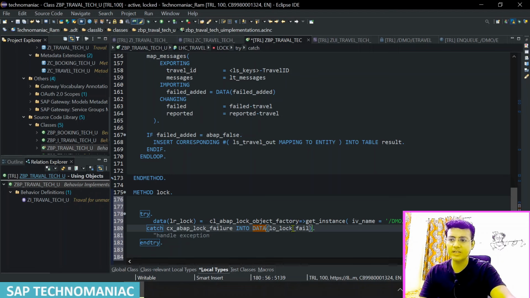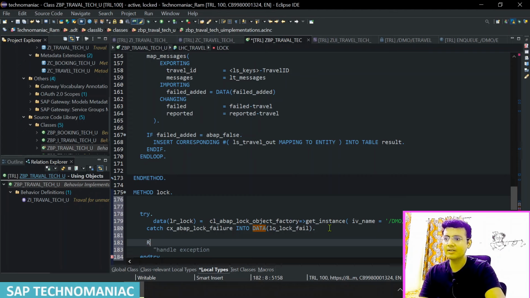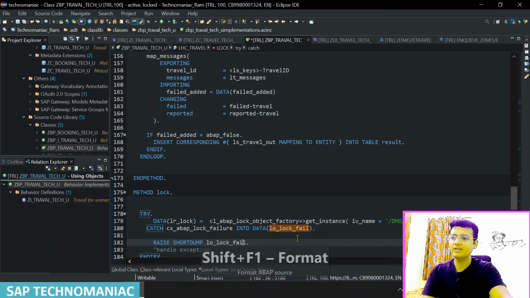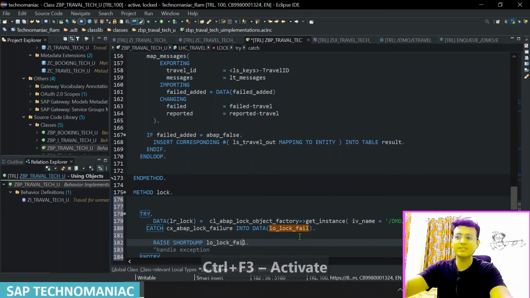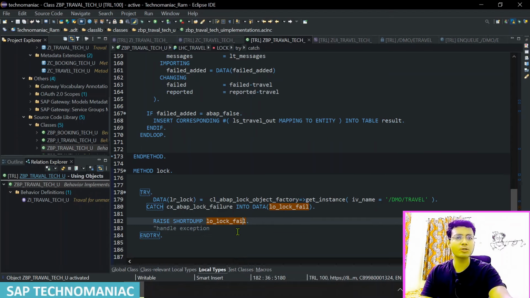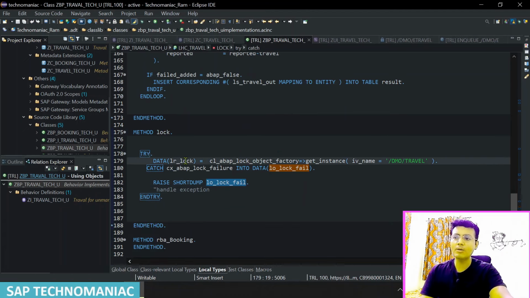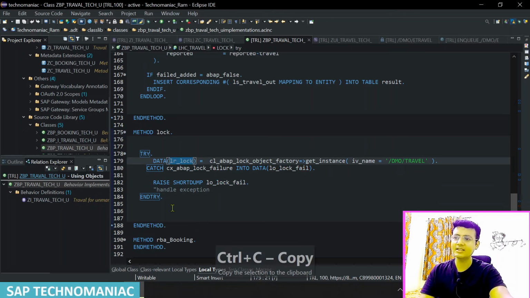You can create the object, and in this case I will raise a short dump using Control C, and you can pass this object name. Shift F1 and Control F3. Or you can handle an error message also, but in this case it is better to give the short dump, because you are not able to lock the entries, so how would you go further? That is the reason. Once we got the object, now using this object I can call